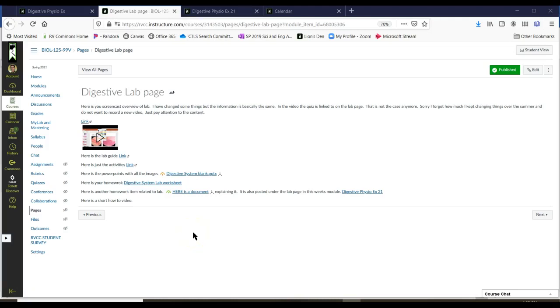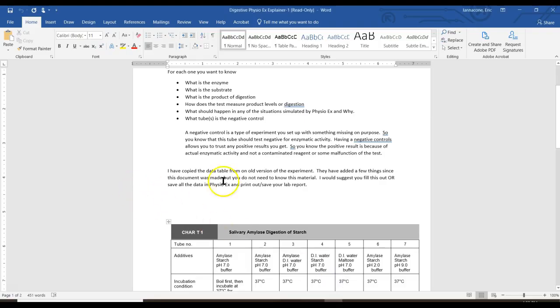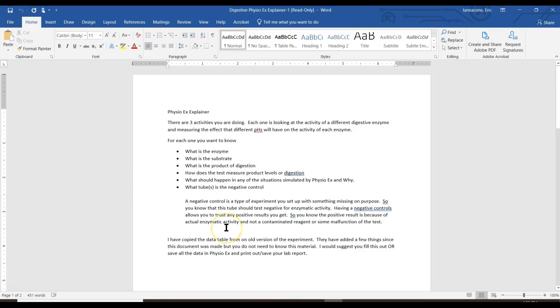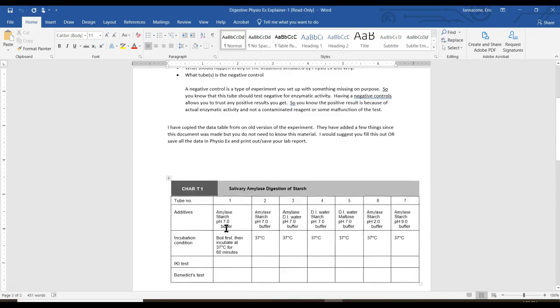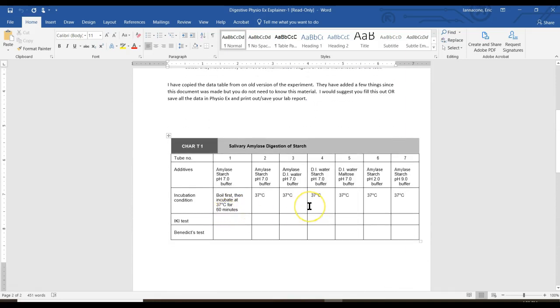Right, this is hopefully a short video to describe how to do the Digestive Physio Ex. So I have given you this document, which if you click on it, looks like this. It's got a little bit of explanation, and it's got data tables. These data tables will look a little bit different than what you actually get when you do the activity, but